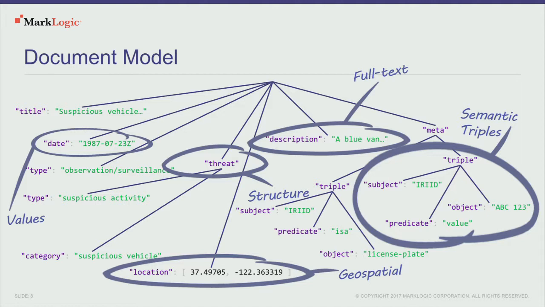You can see that the threat is a type of suspicious activity. You've got rich text. And again, you're able to represent different aspects of your data in the same logical thing that you can pull back as a whole. So there aren't a lot of wasteful mechanical joins that you have to do in order to get back the various component parts of that document. It's all located in the same spot. You take that same whole with its own metadata, and keep that metadata, those governance policies, along with the data itself. So this is a real advantage of that document model.